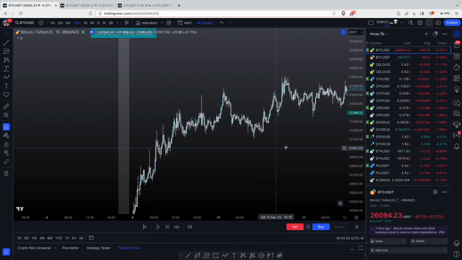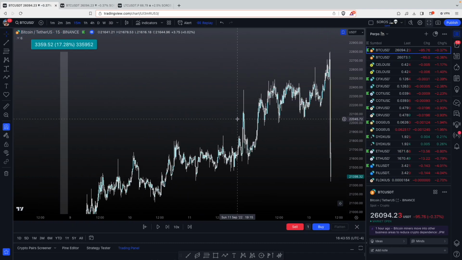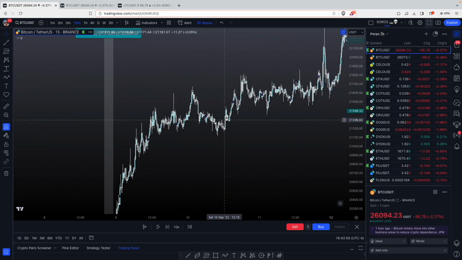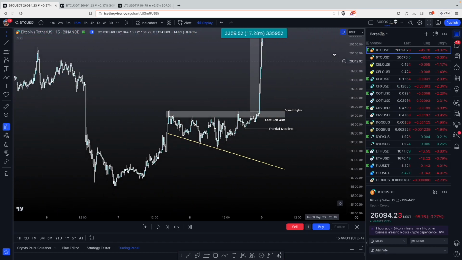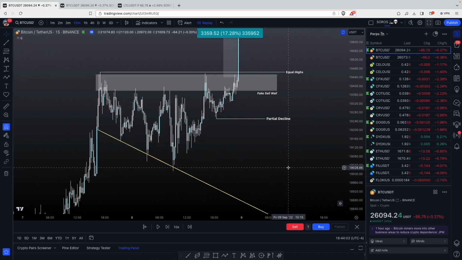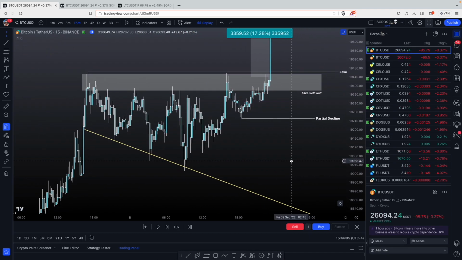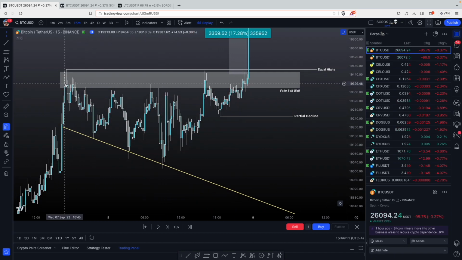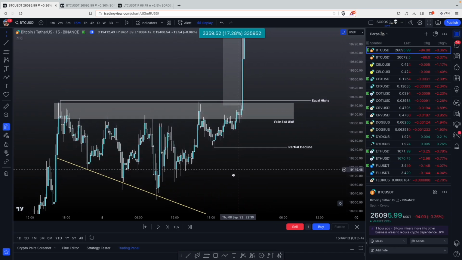But the idea is this one actually went up 17% right before the FTX crash. So it was doing what it was supposed to do until a black swan event happened. But keep this in mind: fake sell wall, partial decline, at least 5 touches on the perimeter of the wall,